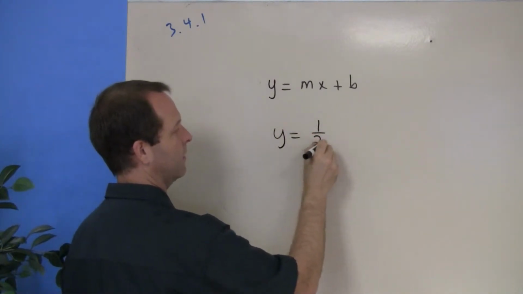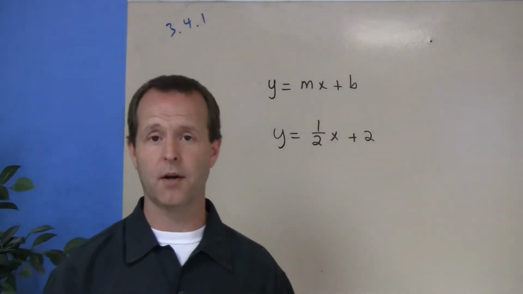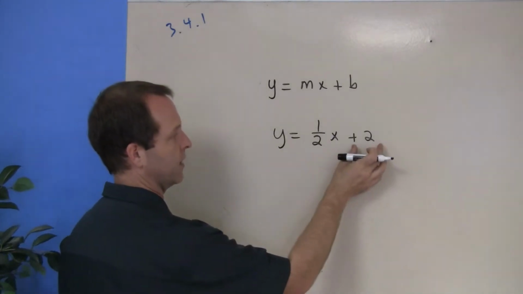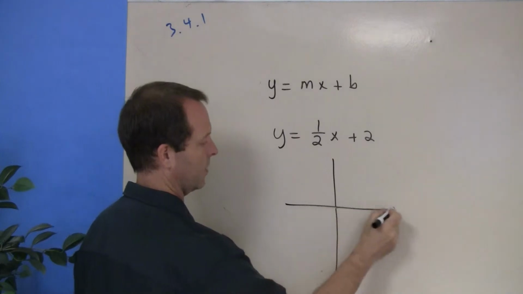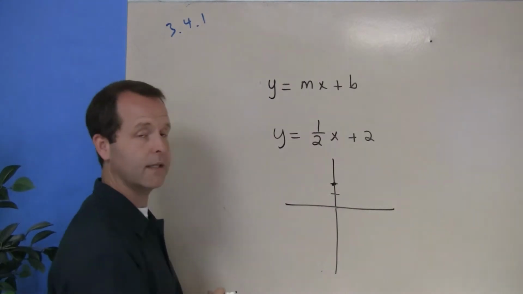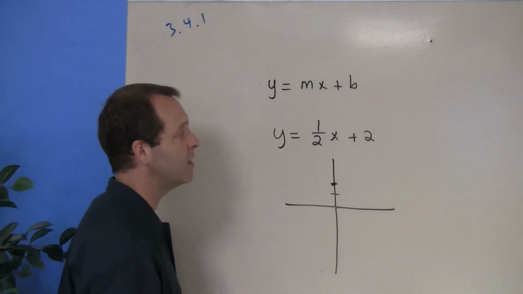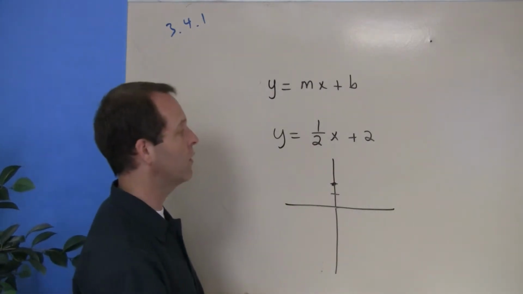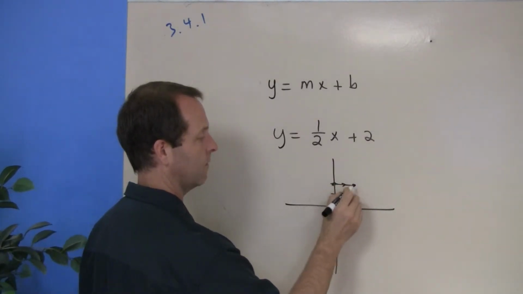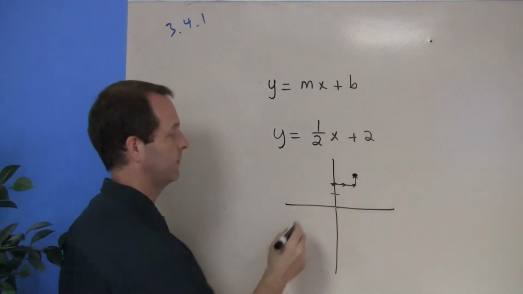y equals 1/2 x plus 2. First of all, I recognize that it's in slope-intercept form. So all I have to do is look at the m coefficient and the starting point coefficient. Well, the starting point is at 2, a positive 2. Its slope is not so much a fraction 1/2 as it is a direction. Over 2, up 1, rise over run. So I'm going to go over 2 spots and up 1. And that's going to determine where the next point is. And those 2 points,